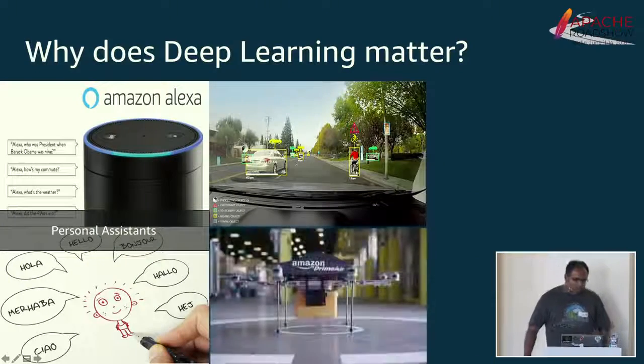All of this gives us bigger and better models with better AI, giving us better AI products that are permeating into our everyday life, like in personal assistants, in machine translation apps, and autonomous vehicles.